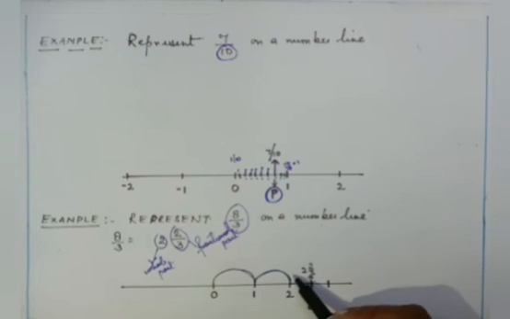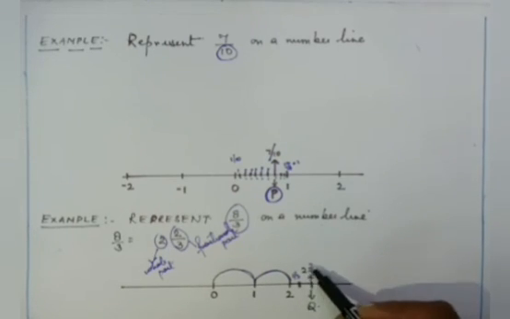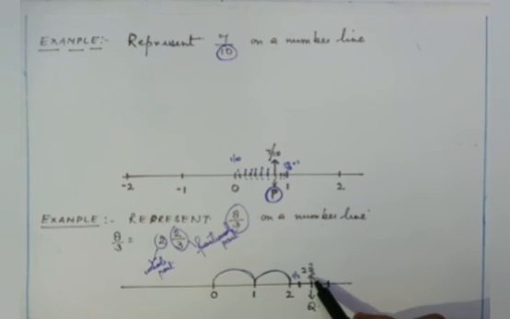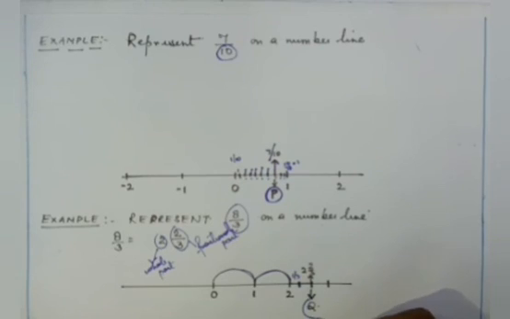Now this is 1 by 3 and this is 2 by 3. So all together it will be 2 and 2 by 3. And now I am going to represent it with the letter Q. I hope it is clear to everyone.